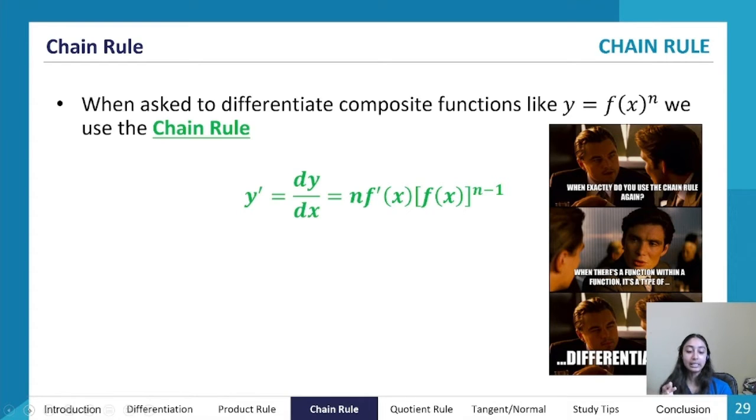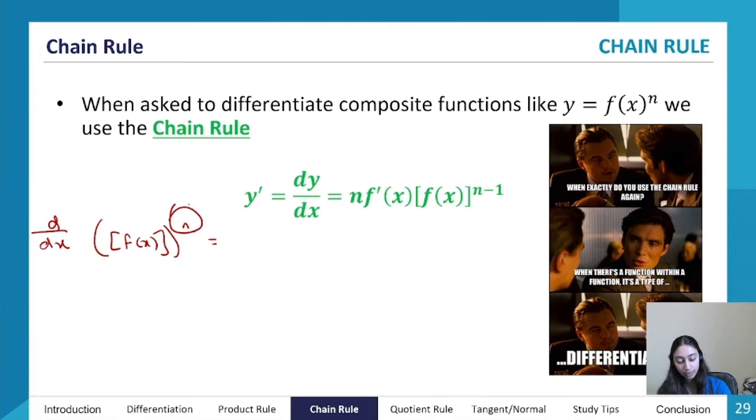Okay. But basically, it's when we have a whole function to the power of n. So instead of it just being x to the power of n, it's going to be some disgusting function that we'll call f of x, all to the power of n. Okay. So the derivative of that, so d dx,